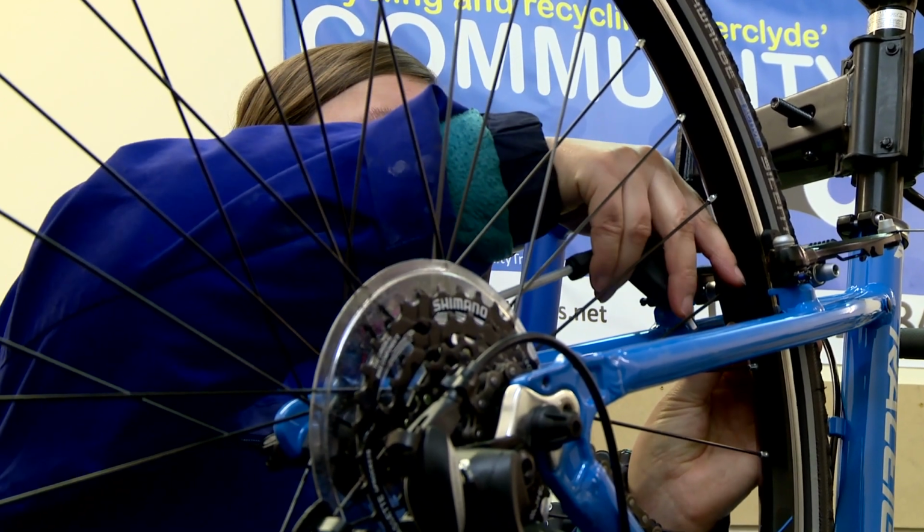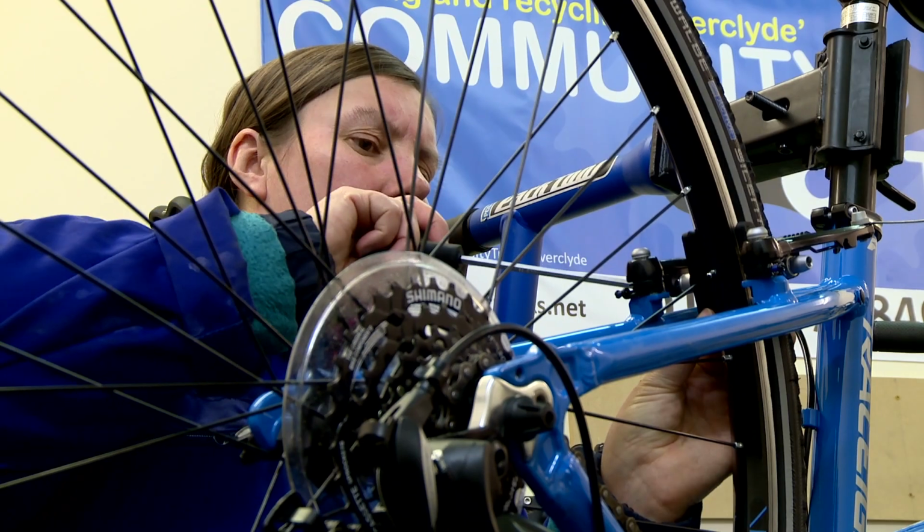I'm a volunteer for Sustrans as well, that looks after the cycle tracks, and I'm also a cycle ride leader for Belles on Bikes, to try and get females out cycling. So I thought if we're going out cycling, we should really have someone who knows how to do some mechanics. And I'm sure some people do, but it's different groups of people each time. So yeah, I wanted to learn, and I'm here as a volunteer as well, because I think what they're doing